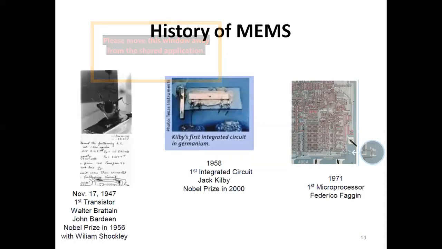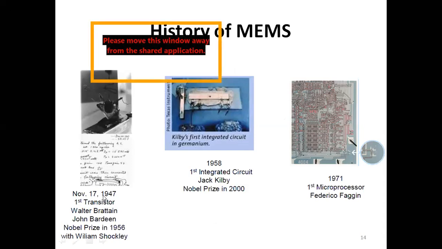These are some images of the devices from the past, well-known inventions. This is the first transistor. Transistor is the electrical switch. It was invented way back on November 17, 1947 by Walter Brattain and John Bardeen, and it got the Nobel